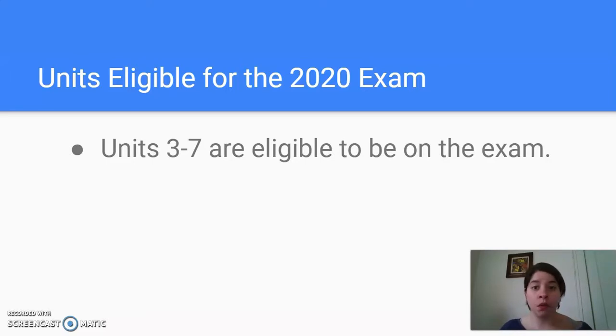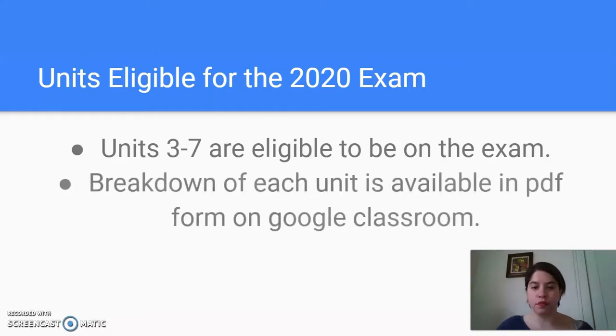There are no multiple choice questions on the test. So you do not need to study for multiple choice. You're going to write one essay, a DBQ, and they're going to look at your writing skills to make sure that you know how to write to a DBQ and that you are using the information in there correctly. So really you're going to be answering a question that's going to be based on any topic that is in between units 3 and 7. All right, the breakdown of each unit, of course, is going to be available for you in PDF form on Google Classroom. So when I post this, that will also be underneath for you to look at.